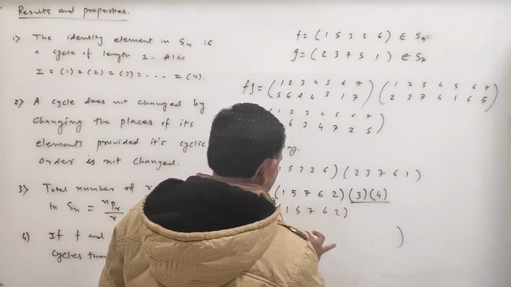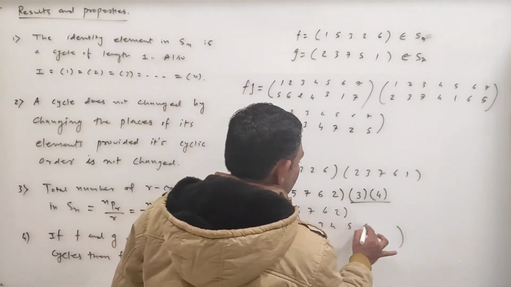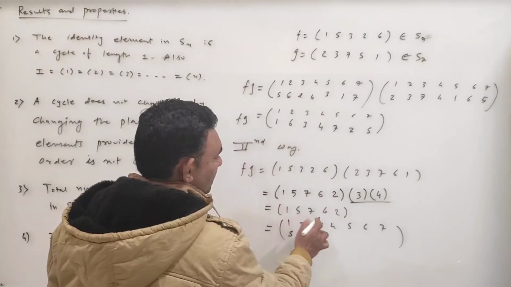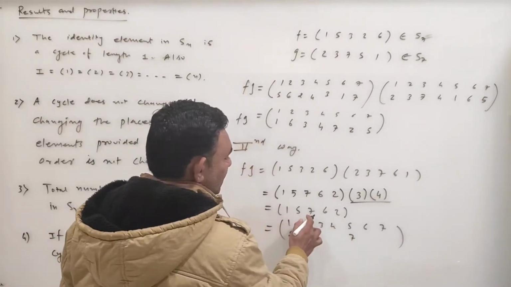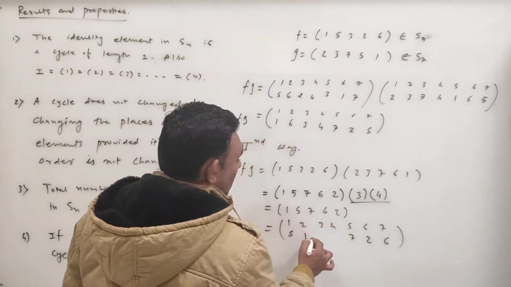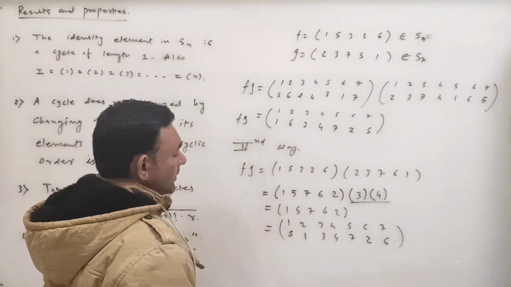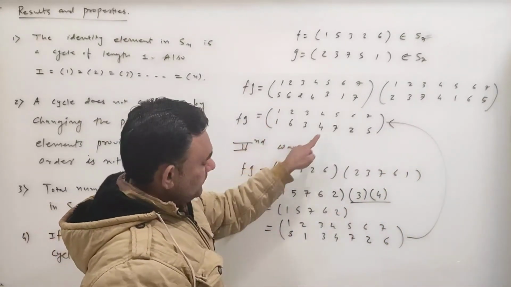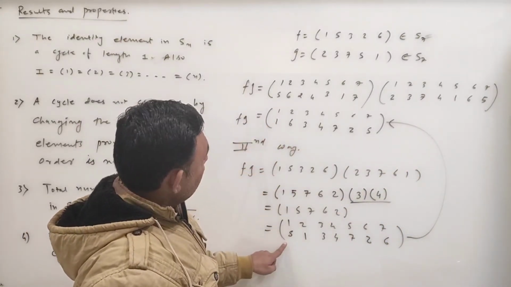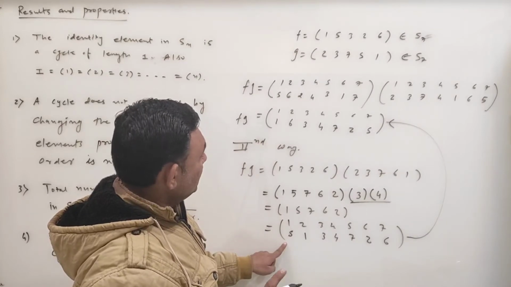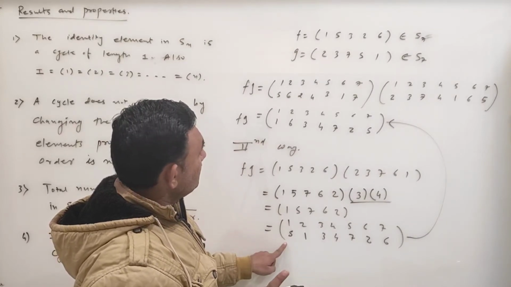Okay, fine. Now let us write this in matrix notation. That is 1, 2, 3, 4, 5, 6 and 7. Image of 1 is 5, image of 5 is 7, 5 goes to 7, now 7 goes to 6, 6 goes to 2 and 2 goes to 1, and 3 and 4 are invariant. Now you compare these two things. Why is it different? We did some mistake, please.